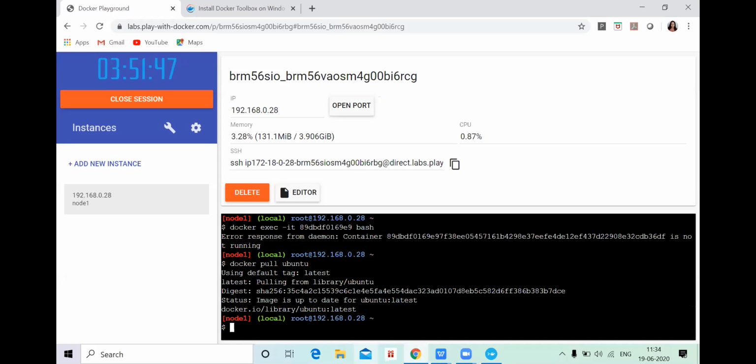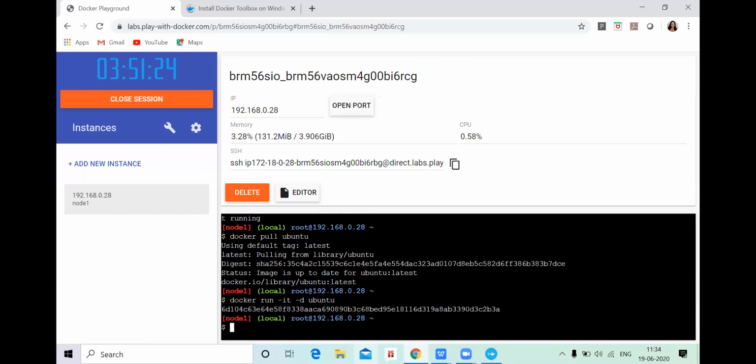Then you have to run the image: docker space run space -it. You can write it as a hyphen also, no issues. Space -d, then space Ubuntu, enter. Now you can see the Ubuntu container started running.